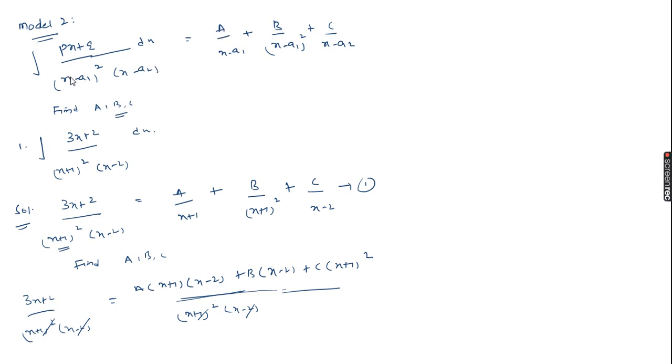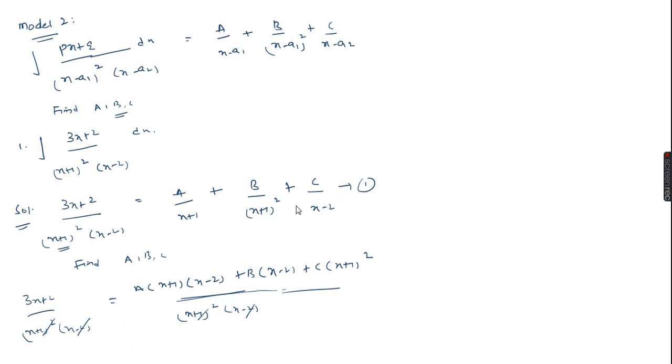First, a by (x minus a1), since this factor (x minus a1) whole square is repeated, plus b by the repeated value (x minus a1) whole square plus c by (x minus a2). So for this problem, integral of (3x plus 2) by ((x plus 1) whole square into (x minus 2)) dx. (x plus 1) whole square, x plus 1 is repeated twice. So for that, a by (x plus 1) plus b by (x plus 1) whole square plus c by